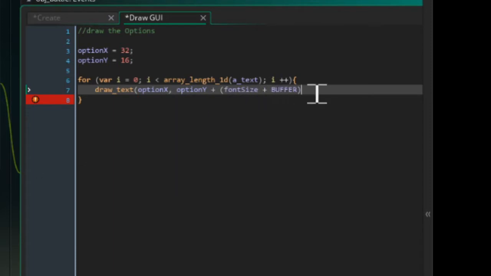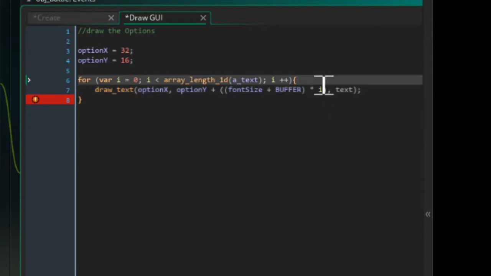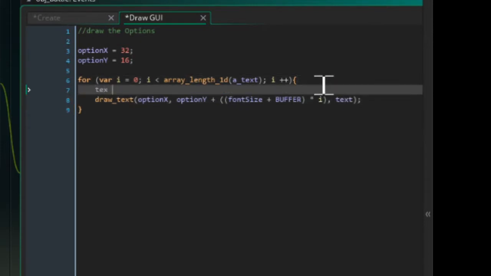You want this to be times by i as well. And then the text part, we'll just type text here. So we need to create these variables now. So text is going to be a_text[i],